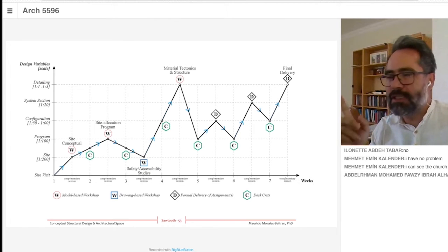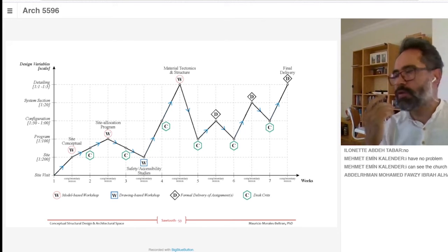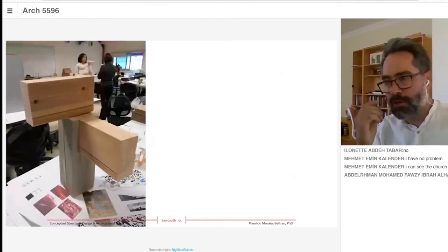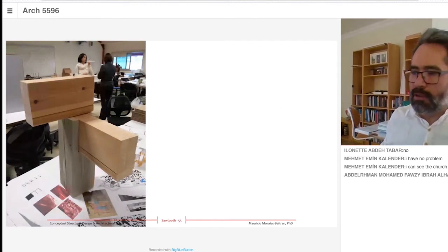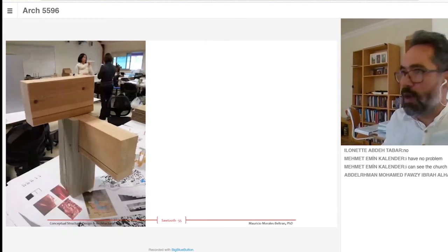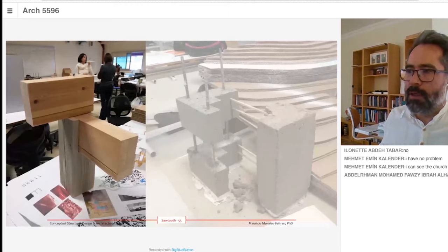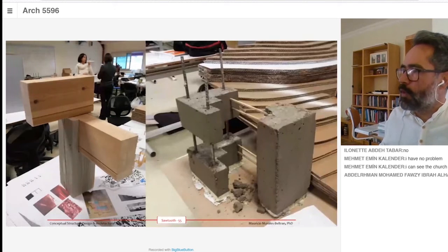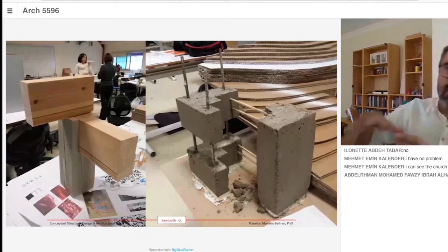And I'm showing you this model on purpose, because I'm going to show you something later when I finish this part. And again, as I said before, we went very quickly to the detail. That was a very, very dramatic step. At the back, you can see 2 of the part-time instructors, Meliha and Aisu. They were collaborating in the studio when we were doing this, because the students were working at 2 or 3 scales at the same time. They were working on the site, on the configuration, on the structural details, construction